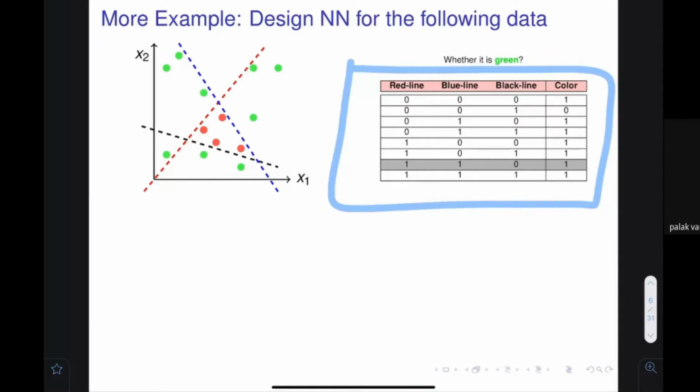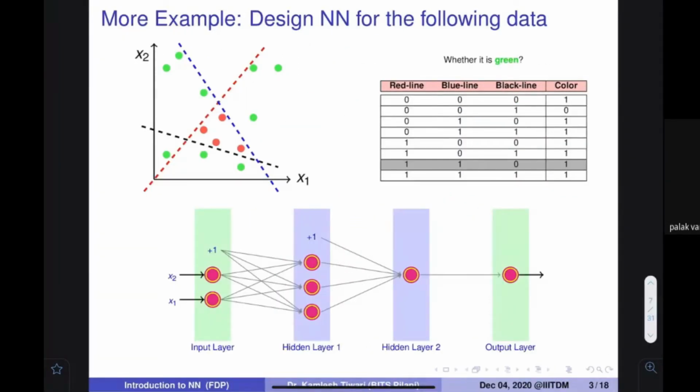Yes. Now tell me, this is the line and this is the AND gate. This is the AND gate. Make sense? AND gate logic. So what you can do is design like this: two parameters x1 and x2 are fed in. And then on that, you are going to have 3 perceptrons, because every perceptron is going to find out whether the item is below the red line, below the blue line, or below the black line. So 3 perceptrons. Why did I put 3 perceptrons? Because I need 3 regions.